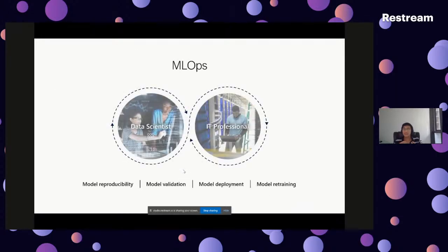So if I were to recap why MLOps is a really nice thing for any machine learning project, it is that it really enables model reproducibility, model validation, model deployment, and model retraining. You get to check all these boxes in an automated way, and it bridges the gaps between data scientists and software engineers, right? So data scientists not just build the code and then are done, but you get to work with the software engineers and put it into the DevOps process,